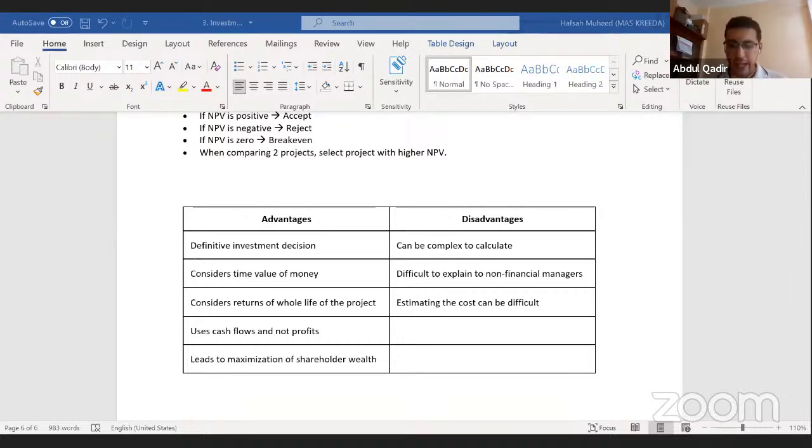A company expects to manufacture and sell LED televisions for a period of 3 years. So that's pretty much the lifetime of the project, 3 years. The following information relates to the project. The amount incurred for a market survey was 200,000. So you have incurred a market survey. I think we discussed what this is. It is a sunk cost, which you won't include in your investment appraisal calculation.